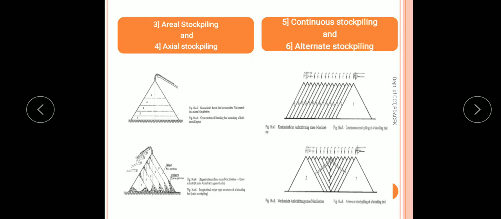Okay, so you can see there are various stackers used for stockpiling this. Okay, here also and here also, so this becomes expensive. And one more thing which should be noted is during reclaiming, the reclaiming will be done in this direction, not in this direction. It means you are cutting the cake in this direction. This slice will be cut and it will be transported. And even in this type of stockpiling, the reclaiming will be done in this direction. Okay.